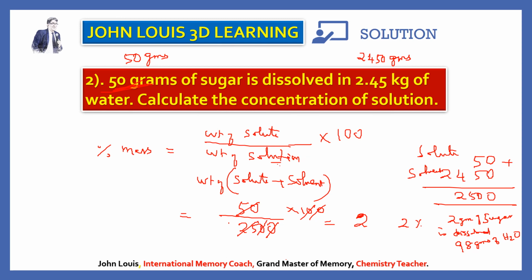Hope these two examples will give you a lot more ideas to work out similar kinds of problems. You need to remember the formulas and make sure you are converting every value into the same units. All of them should be in grams if it is given in weight, or all of them should be in kilograms. Similarly, if it is given in volume, all the values should be either in milliliter or liter or any other unit, but everything should be in the same unit before we work out the problem. That is where many of us go wrong. We use different units as they are. No, that is wrong, and we have to make sure everything we use in any problem has the same units.